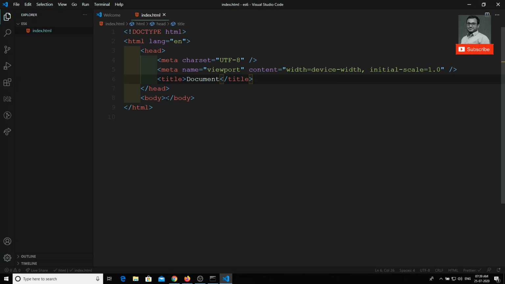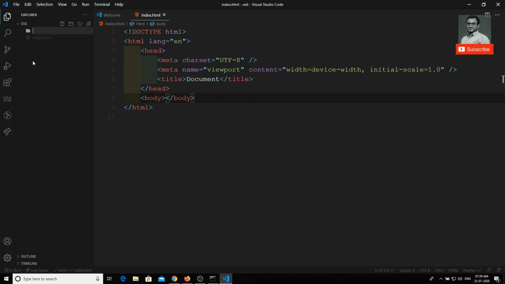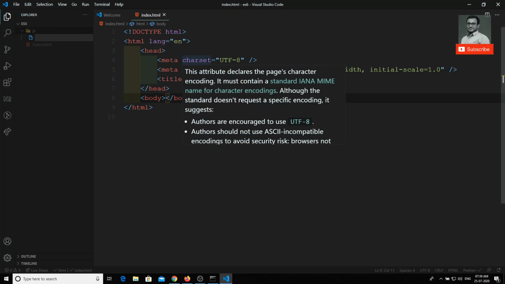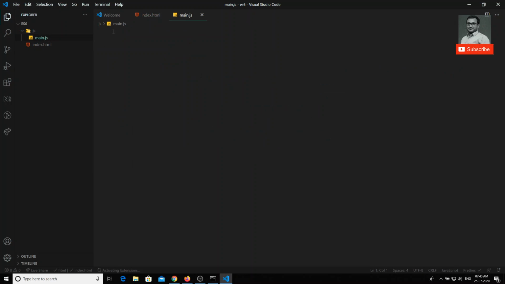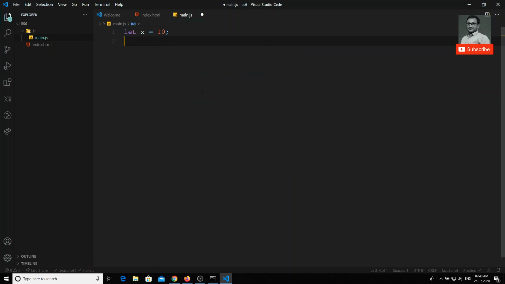Now I will create a folder so that all the JS files will be present there. I will create one JS file, main.js, and here I will write the code. Previously we have written let x is equal to 10 and console.log x. This let is ES6 code.